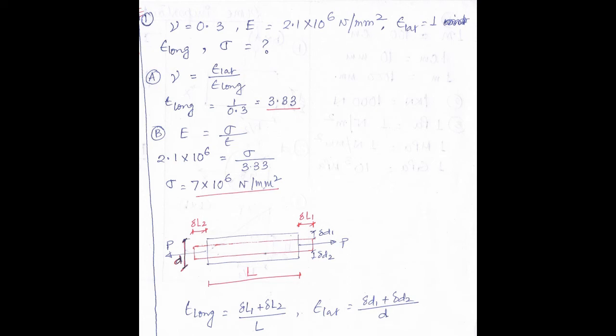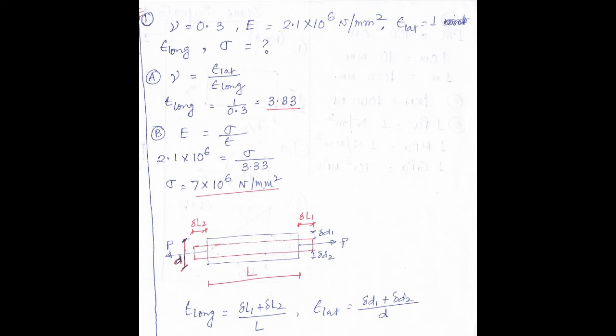While discussing the problem, I would like to explain the concept of Poisson's ratio. Here you can see in the blue line I have drawn one bar of length L. Now what happens if we give a pull or tension to the bar with capital P, as you can see over here? As it is an elastic body, the body will expand, shown with the red lines. As it increases in length, it will decrease in width. The increase in length is delta L1 on the right hand side and delta L2 on the left hand side.